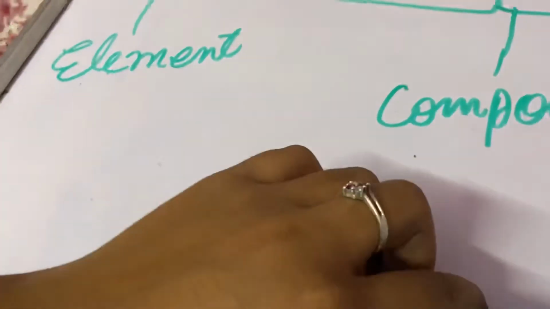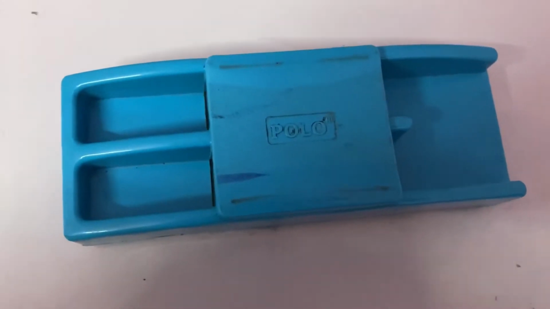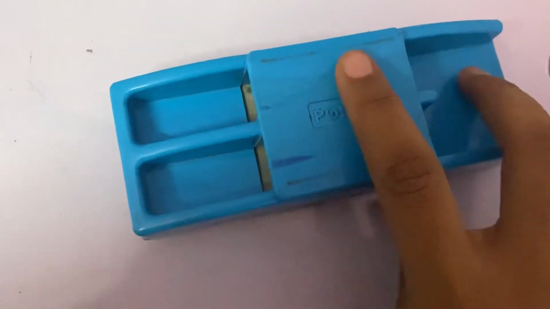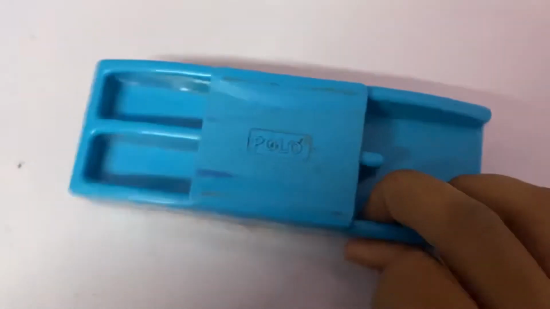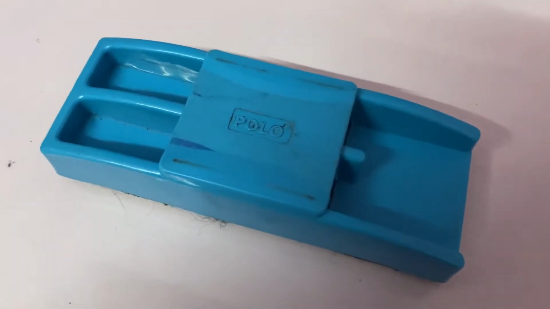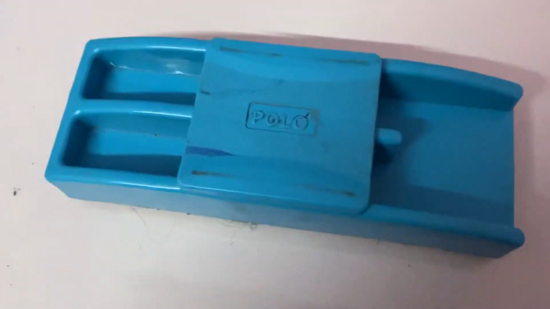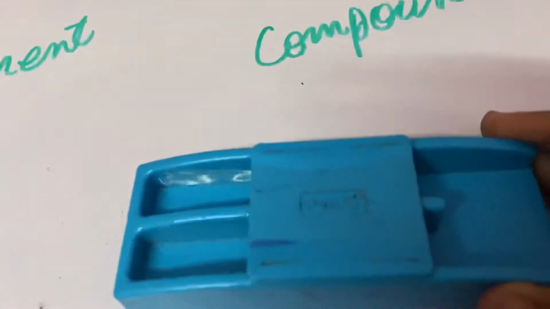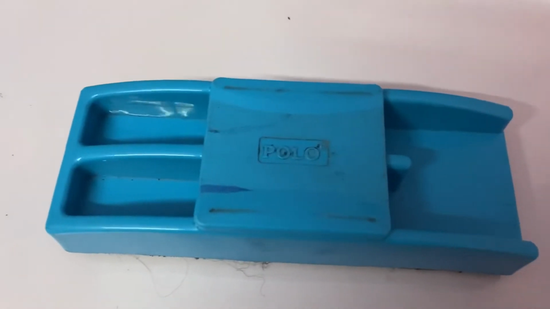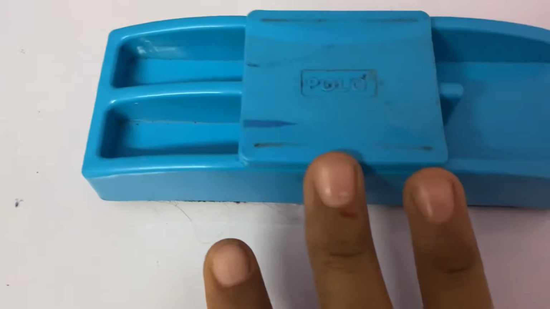So like this is the duster, whiteboard eraser. So now I apply a force to it. So this duster has its own potential to resist the force which is applied to it externally. This duster is very light in weight, and that's the reason it has a very low potential to resist the externally applied force. And if I very lightly push it,